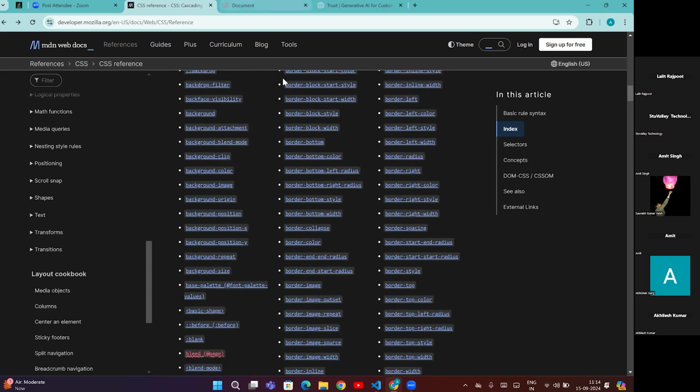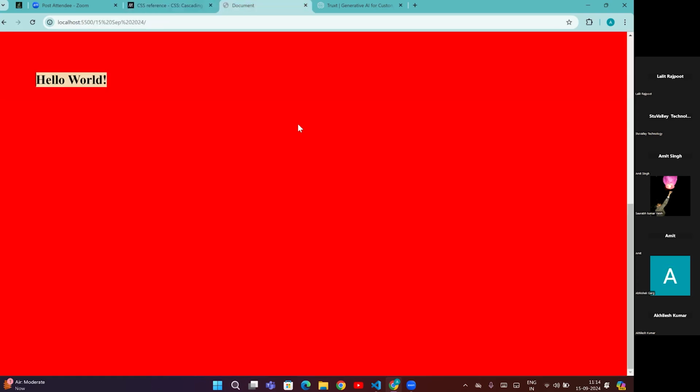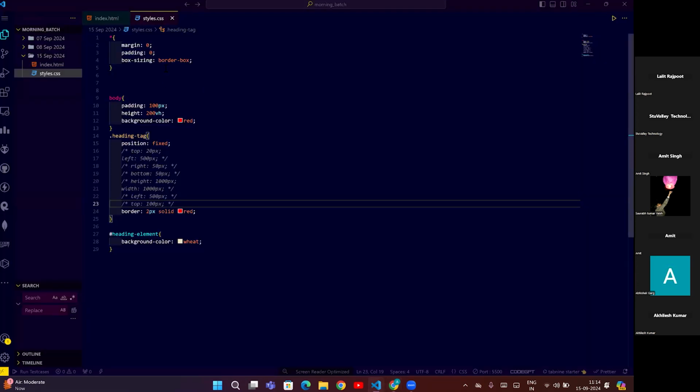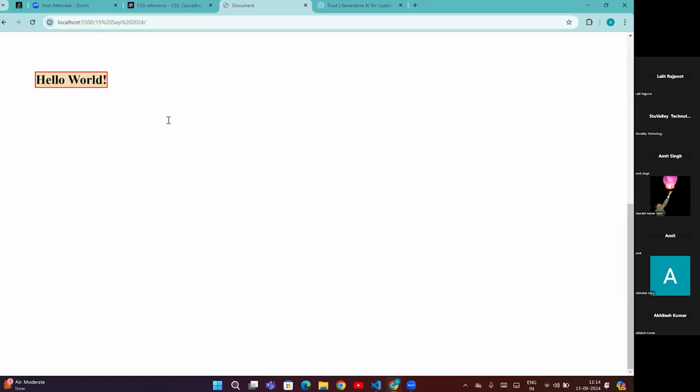Border. Okay, border. Now what is border? One of the major properties. I hope border is still clear, because that was a time-taking thing. Not a time-taking thing, but I think I forgot to mention it. What is border? Okay, let me remove this background color. So border,